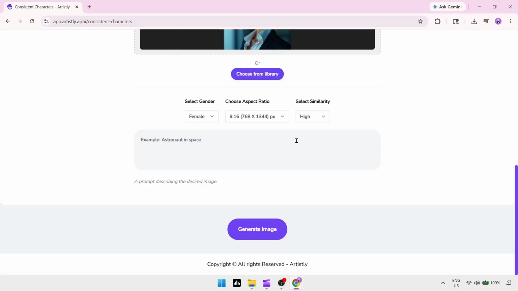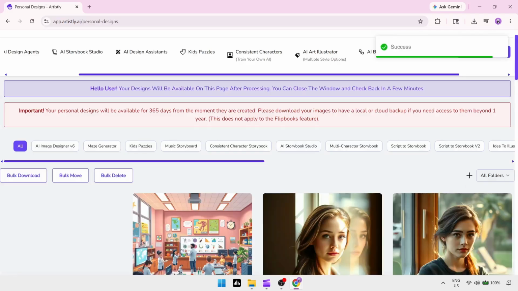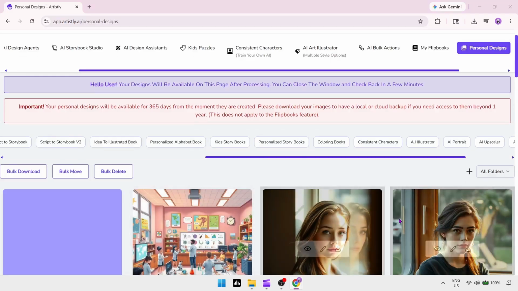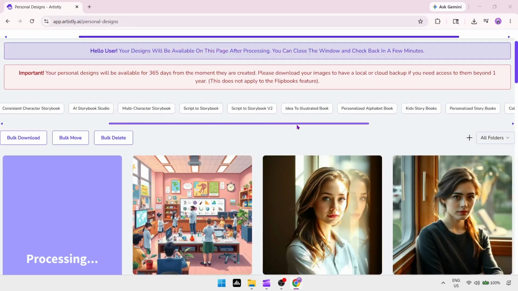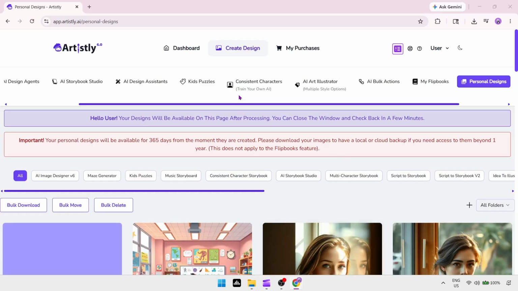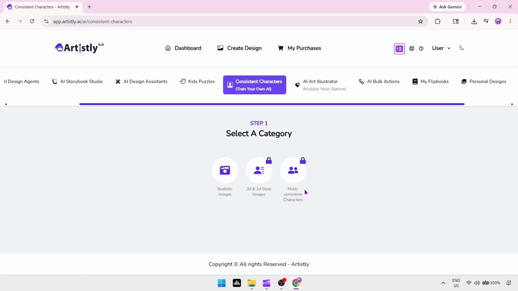The biggest advantage is consistency. You can place the same character into different scenes, poses, backgrounds, and lighting setups while keeping the overall appearance much more stable. This is especially useful for YouTube content, storybooks, comics, branding, social media posts, and client projects where matching